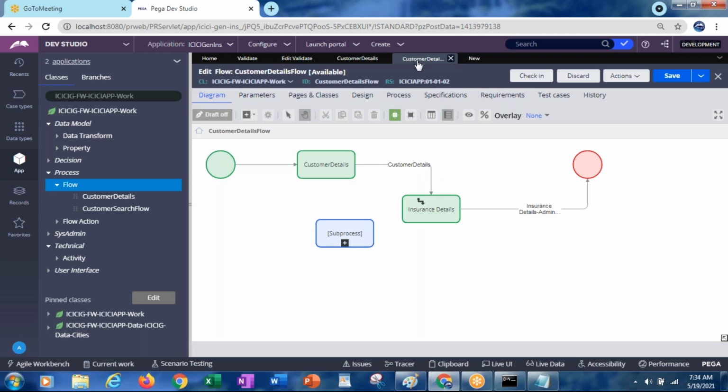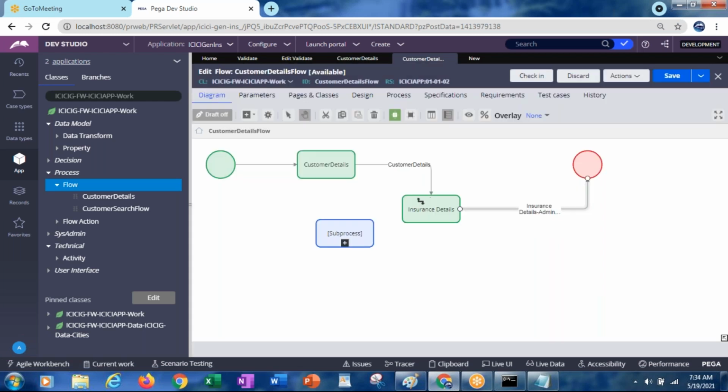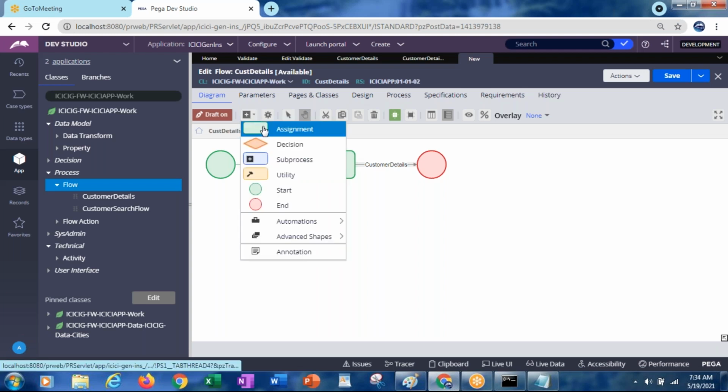So in our old flow, customer details, and then here we have insurance details. Add one more assignment.